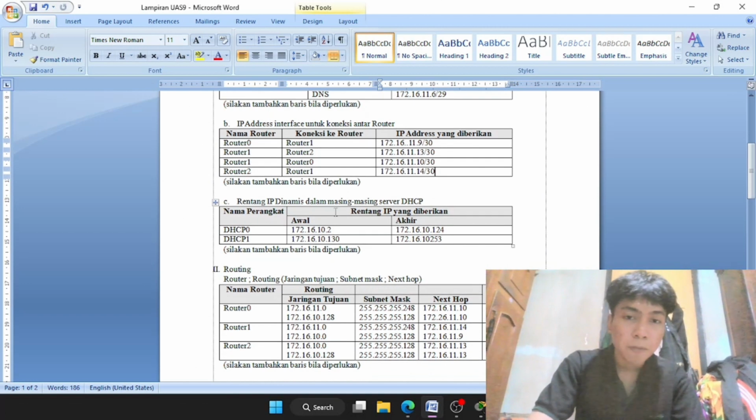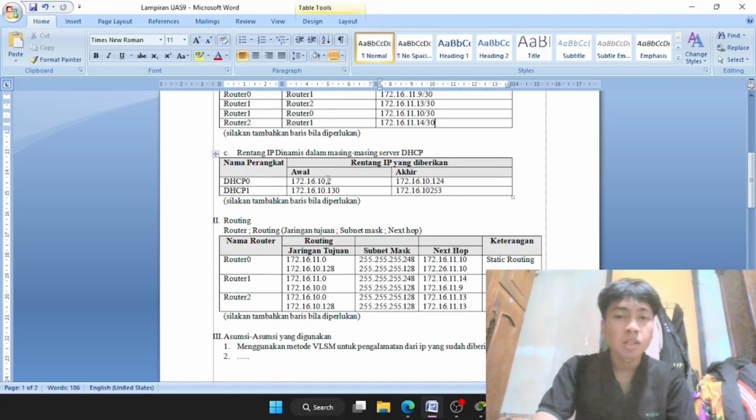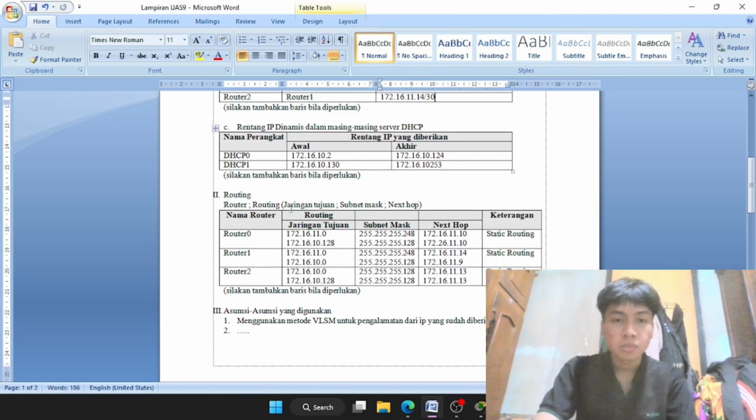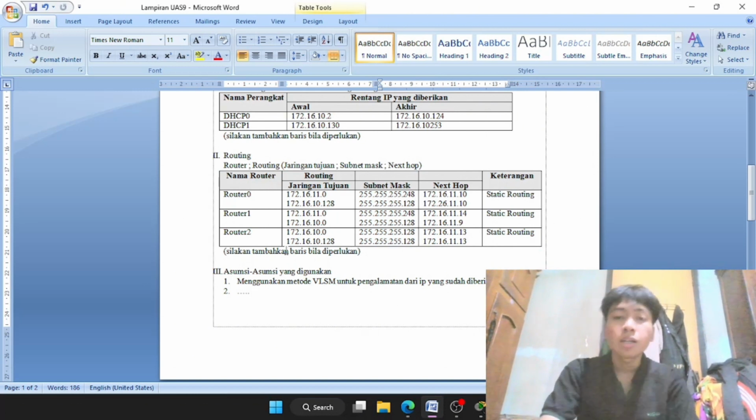And then this is the IP range for the DHCP server, and then this is the IP routing. Also I add the assumption that in this final exam I use the VLSM method for addressing the IP that I got for this topology.